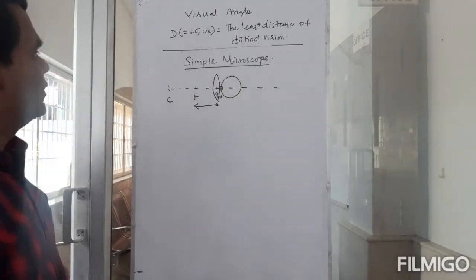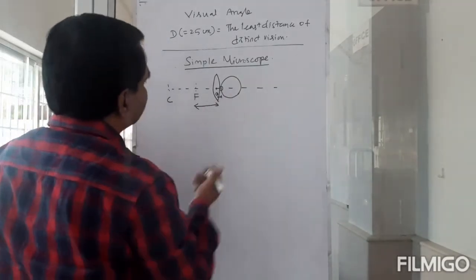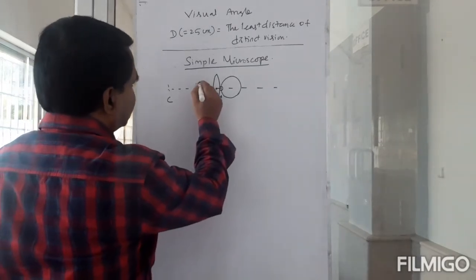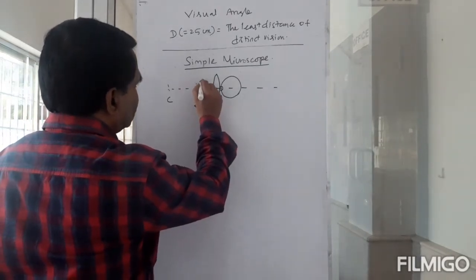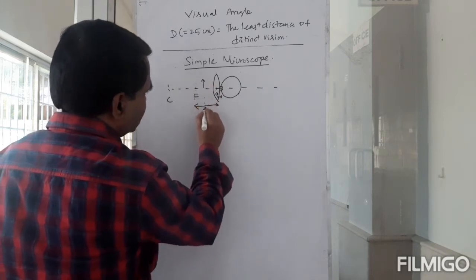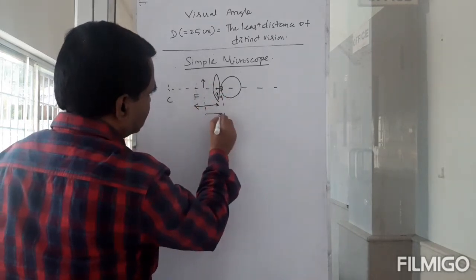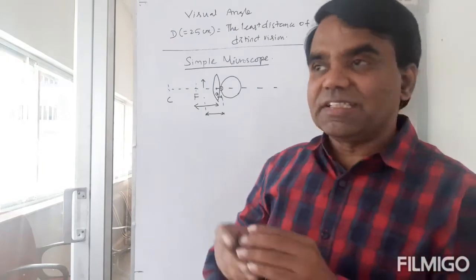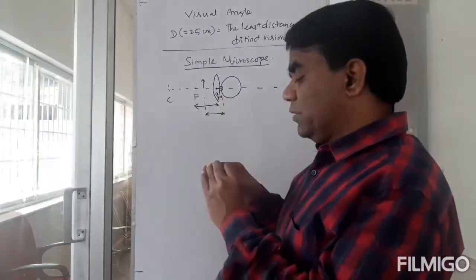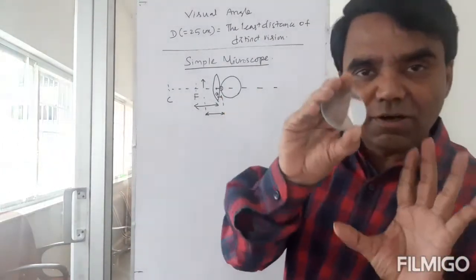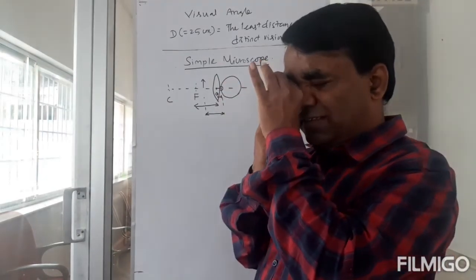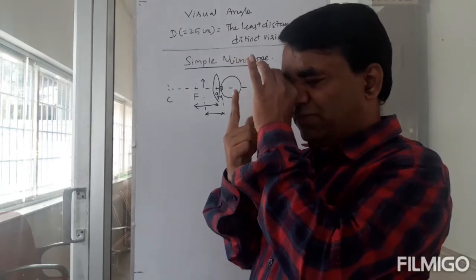Okay. So now if I keep the object here, see this distance, it cannot be 25 centimeters. Why? I told you, you have to keep the object within the focal length of this lens. So it could be somewhere here. But if it is somewhere here,